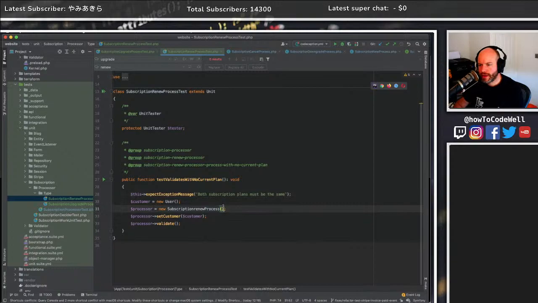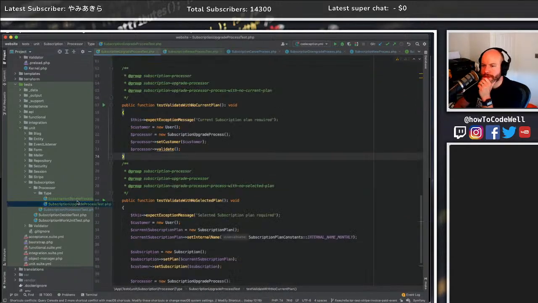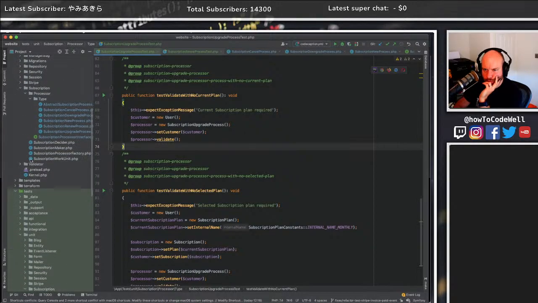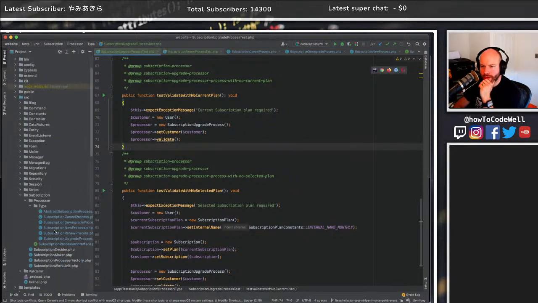So if we have a customer, in fact, let's go one step further. The rule is that, I guess now I'm thinking that there's the same rules, isn't there? There needs to be a current and there needs to be a selected for it to be renewed. Yeah. So then what we could do